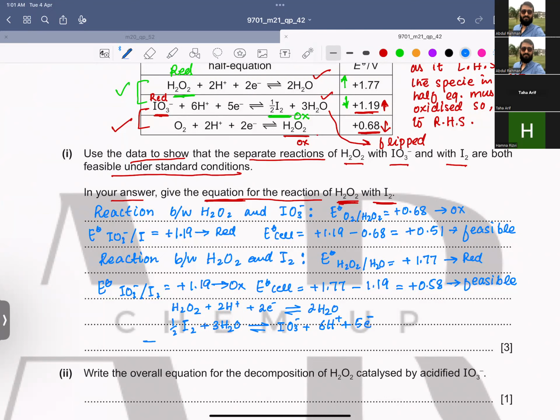Now I have to add these two equations, but before adding,